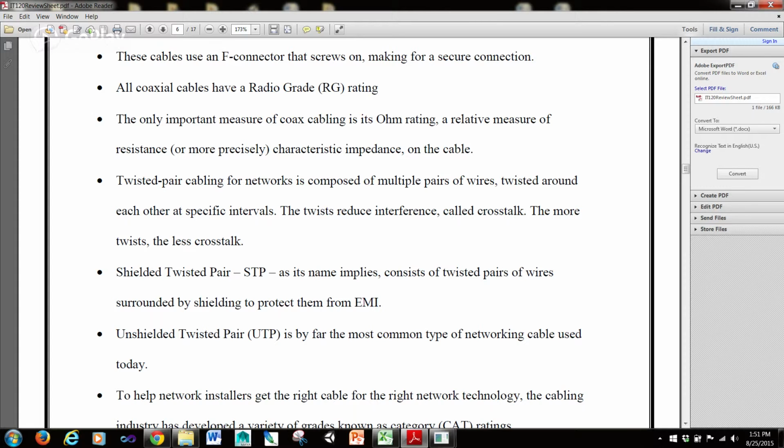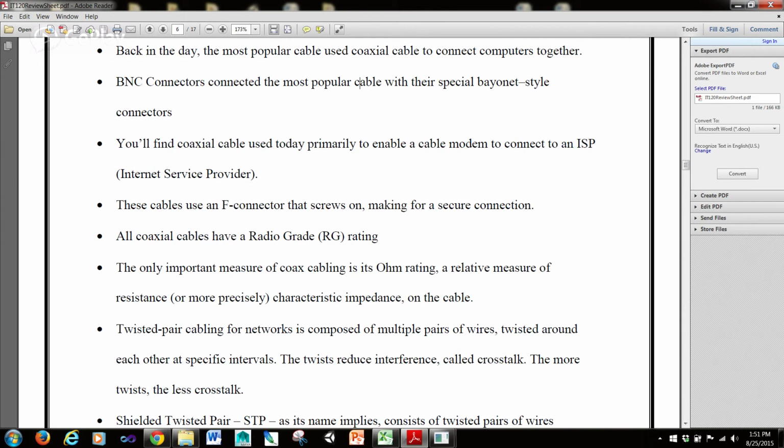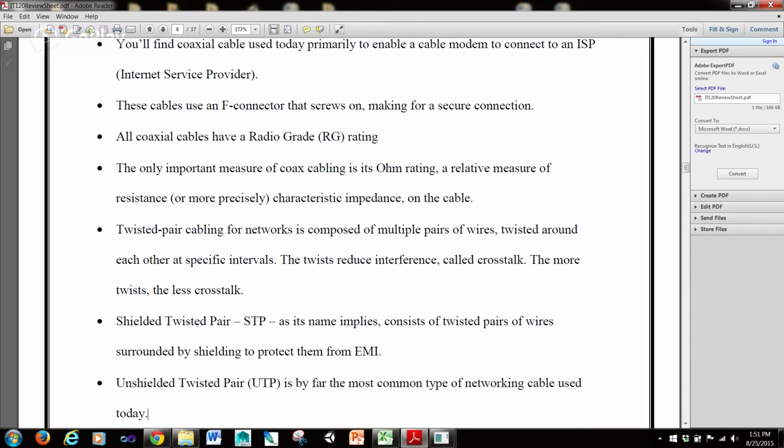Now moving on, these cables use an F connector that screws on, making for a secure connection. And we're talking about coaxial cables here. Now, all cables have a radio grade RG rating. The only important measure of coax cabling is its ohm rating, a relative measure of resistance, or more precisely, characteristic